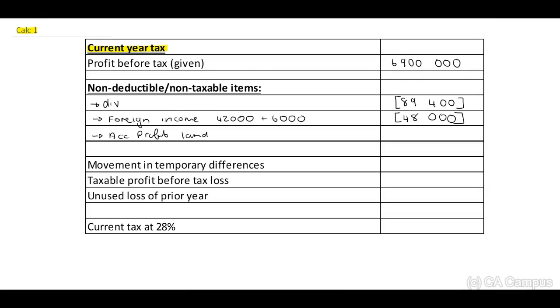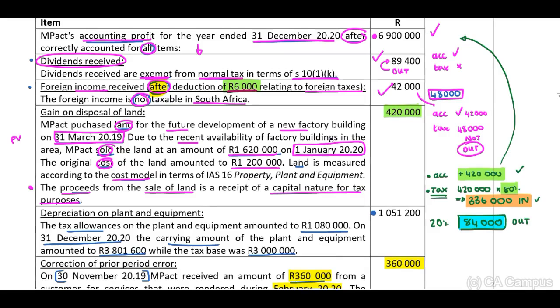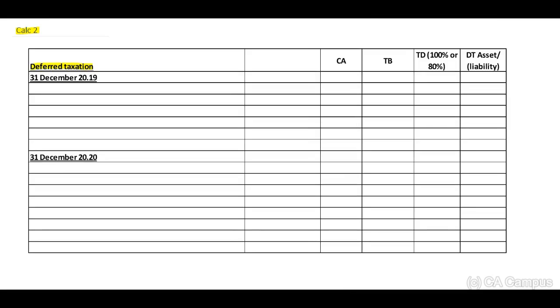Okay, remember you may use abbreviations. This is calculations. 420,000 times 20%, and this is 84,000 that we need to take out. But what now, guys? We are also able to identify that the land is included in our deferred tax calculation. Okay, so they indicate to us that they have purchased the land for 1.2 million and then they've sold the land for 1.6 million. Okay, therefore in our deferred tax calculation for 2019, we have to include our land, and this is the,